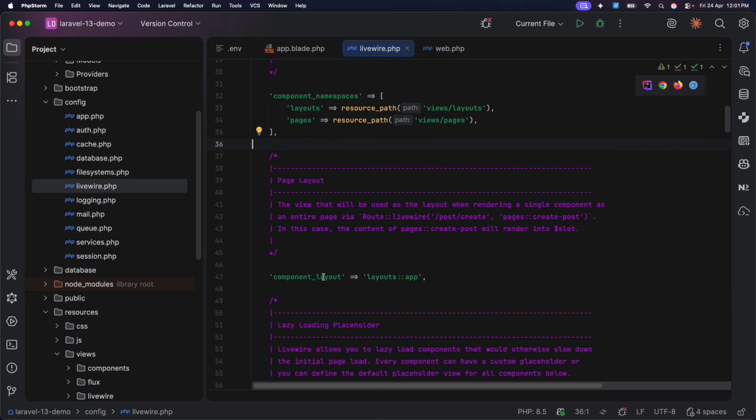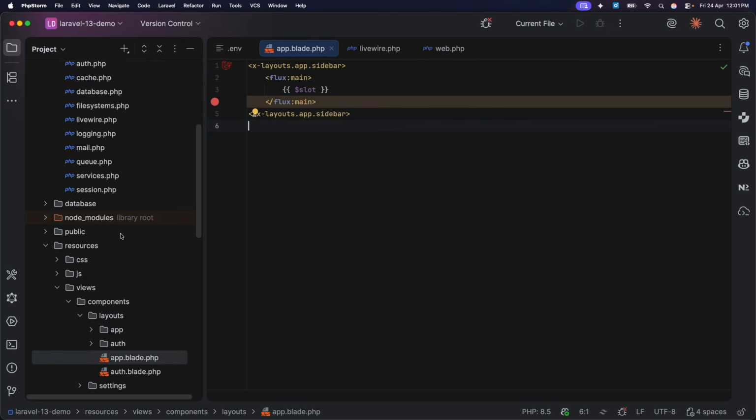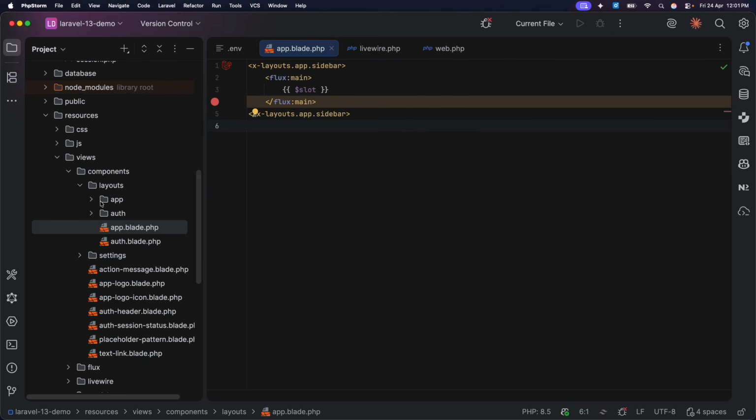Yeah, you can see component layouts.app is pointing out here because it's a page layout, and inside resources we have app.blade inside the components,